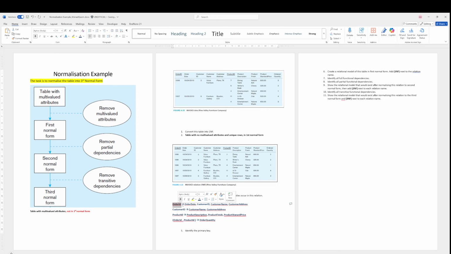If the order ID appears on the left and on the right, then it is not going to be a primary key. Does order ID appear on any of the right sides? No. So one of the primary keys is going to be